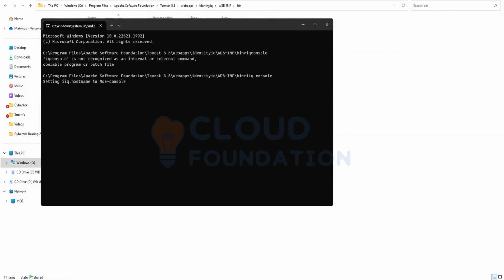Simply, we are going to import that LCM functionality. It's similar to that init.xml file. We have a configuration file. We have to import again. You can import from the GUI as well, but I would request you to import from the IIQ console so that you will learn how to access this console. You can now type import space